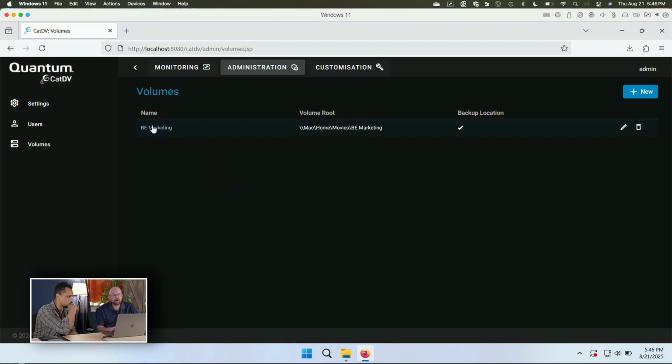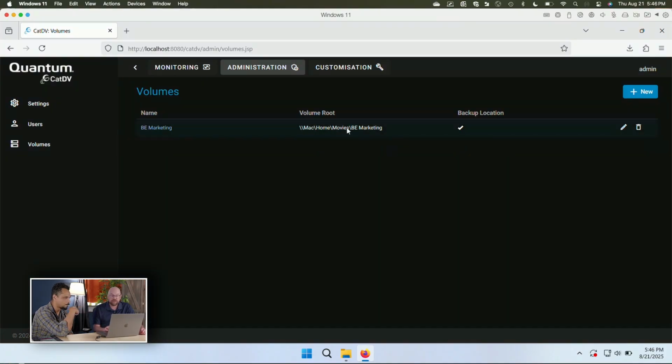So in the event of you having multiple volumes of media, set that up here, but then also one of these times that you're going to press that new button is if you are choosing where you want the backups to be. Yeah. And by default, the volume that you define when you're installing Express is going to handle your backups. Oh, where's it going to be? It's in a hidden folder right alongside my media. So in this BE marketing, we've made a hidden folder for proxies, and we have another hidden folder for those backup files. Whatever your first volume was that you chose from the beginning.